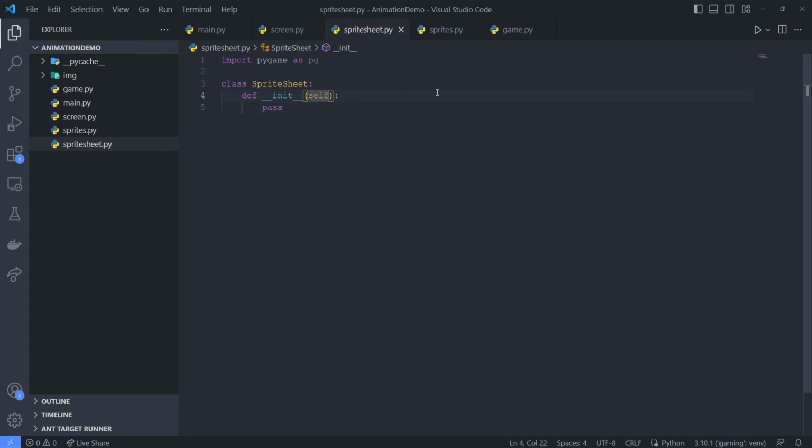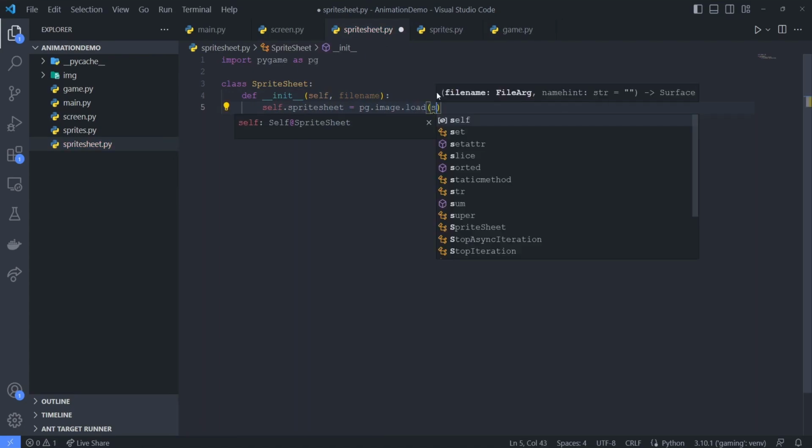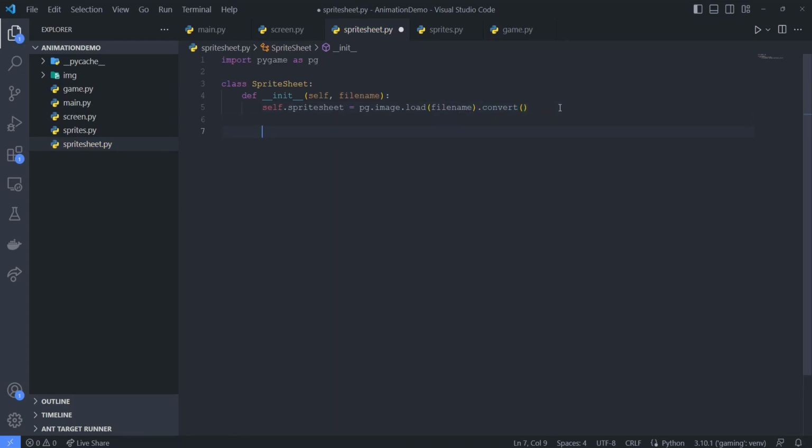In this constructor, we'll add a parameter for the file name, and then we'll create a member variable to hold the loaded sprite sheet image. Next, we'll create a method to get a specific image from the sprite sheet. As I said before, to get a sprite manually from the sprite sheet, you need to know the coordinates of the rectangle around it. So what we need is the X, Y, width, and height,